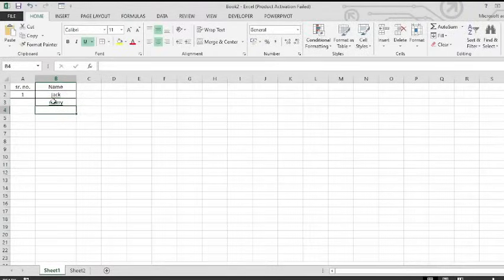see, nothing happens, because here we have used the formula. With the help of the formula, whenever we type anything over here, it gives us the serial number. So what you can do is drag this down, so that whenever you type anything, see, it gives you the serial number. And the moment you remove this,